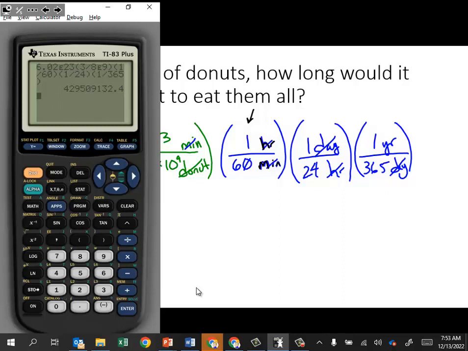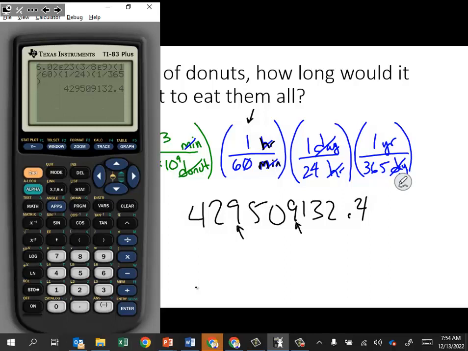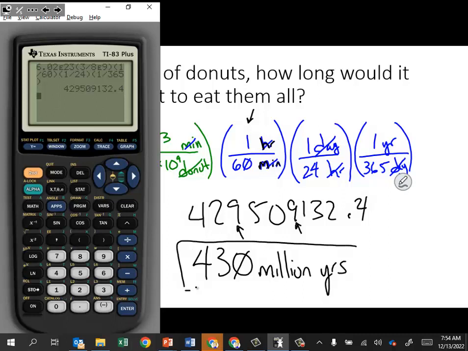To give us 429509132.4. Or, here's thousand, here's million. 430 million years. If every person on Earth was immortal suddenly and had to eat one donut every minute, it